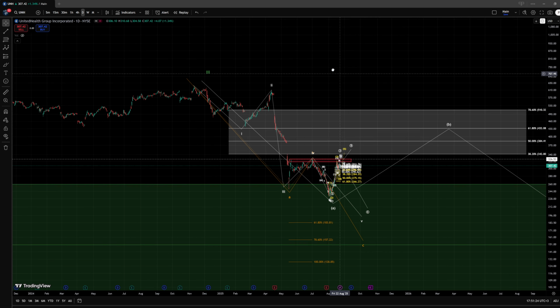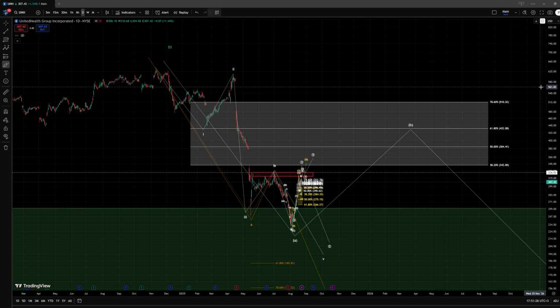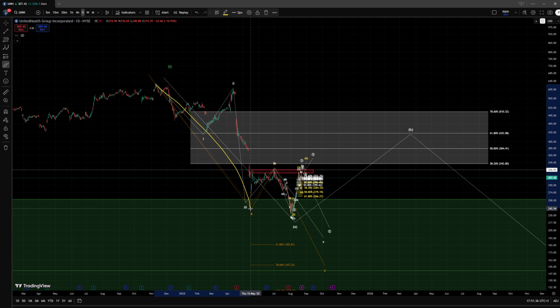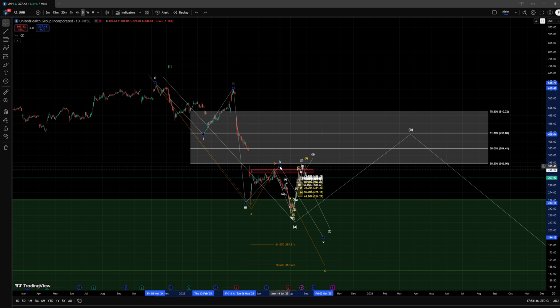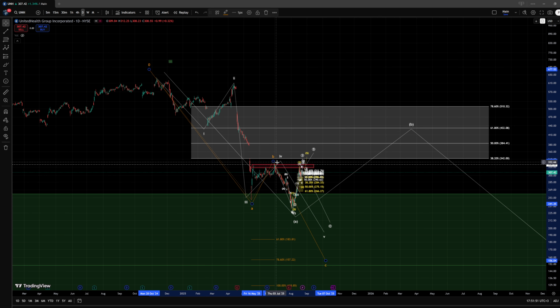Now here in this area we have been tracking mainly two scenarios, and firstly we have the orange scenario, which doesn't seem to be playing out at the moment, but here we would have an A wave down, and then this would be a B wave up, and then the C wave to the downside that should still continue. If we break above this B wave high in orange, we are actually probably going to need to dismiss completely